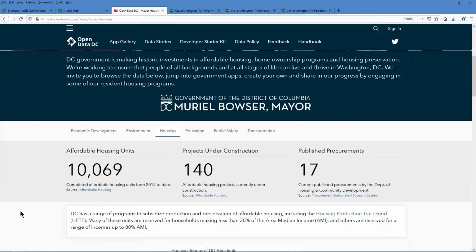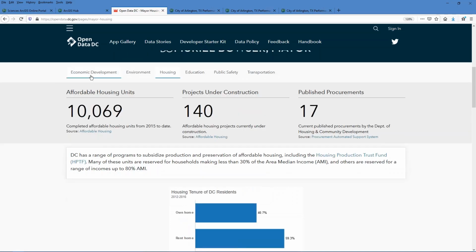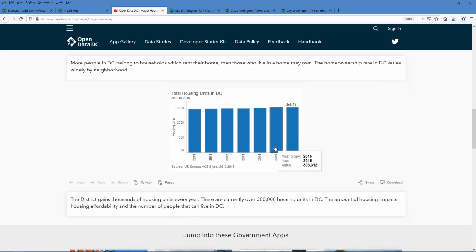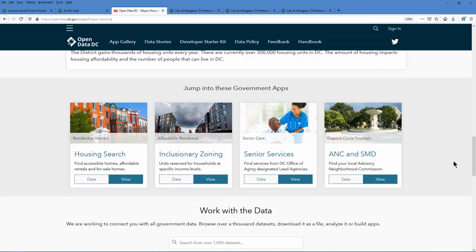In this browser, I've opened up a Washington, D.C. site created with ArcGIS. What's nice about this site is that it gives us status, many people call them key performance indicators, KPIs. Underneath each of the categories that we have, economic development, housing, or public safety, there's different information and data and charts that are easy to understand by all those who are visiting this public website. Interactive, and also provides